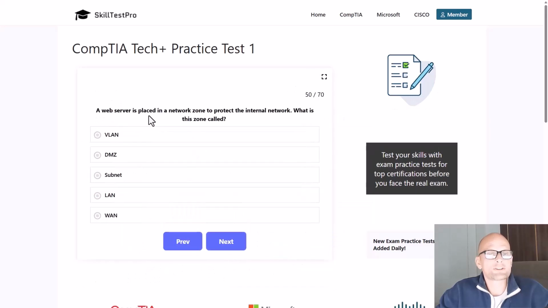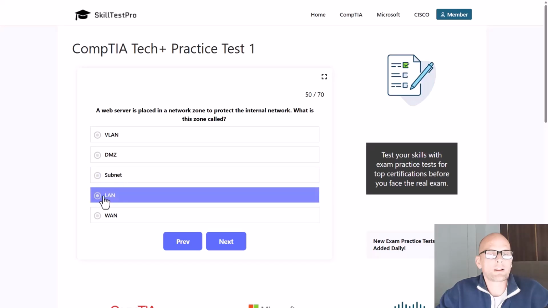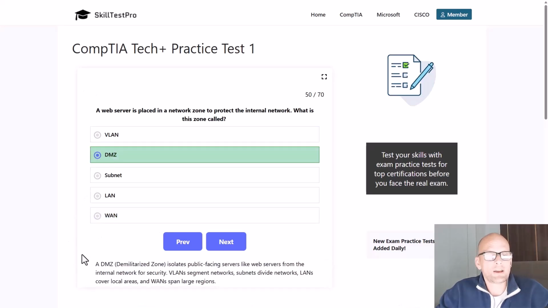A web server is placed in a network zone to protect the internal network. What is this zone called? VLAN, DMZ, subnet, LAN, or WAN? And the correct answer here is DMZ, as DMZ, or demilitarized zone, isolates public-facing servers like web servers from the